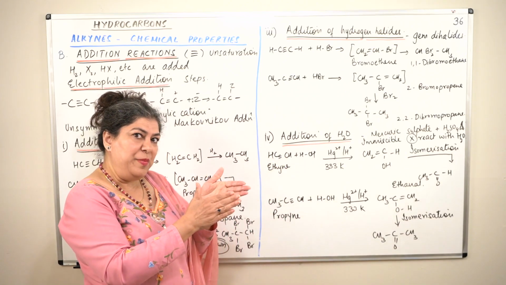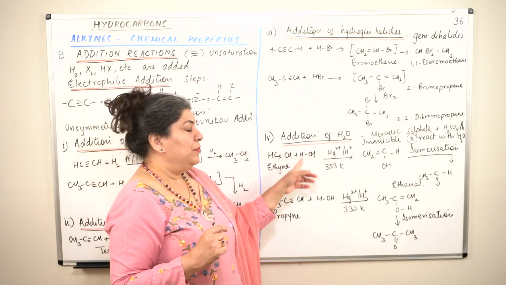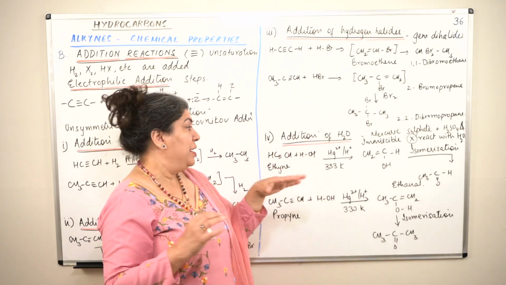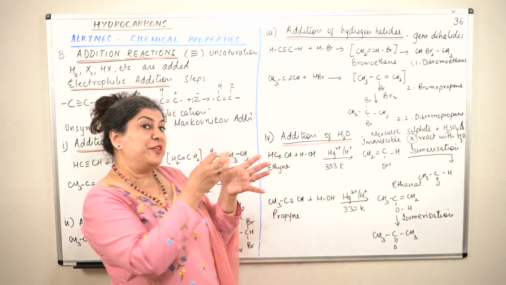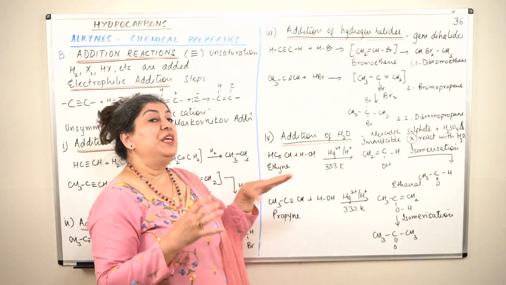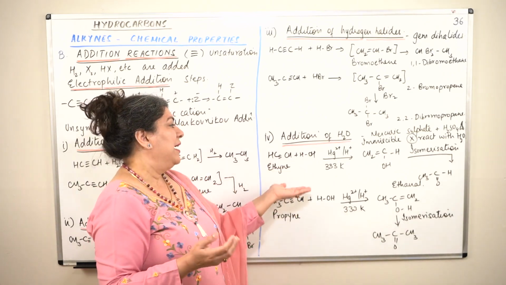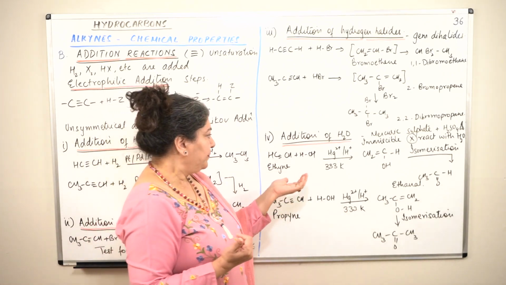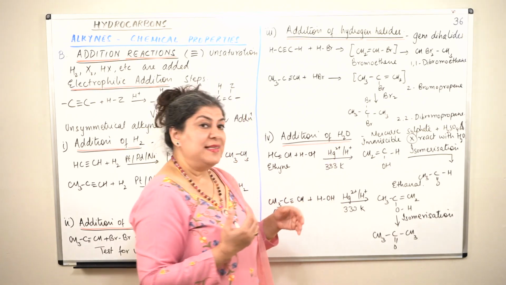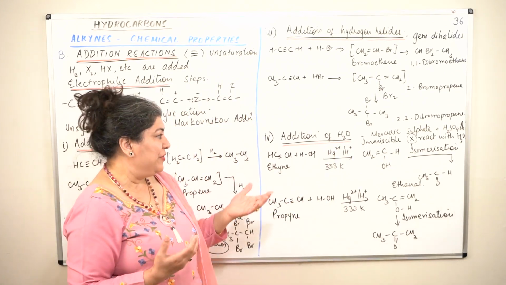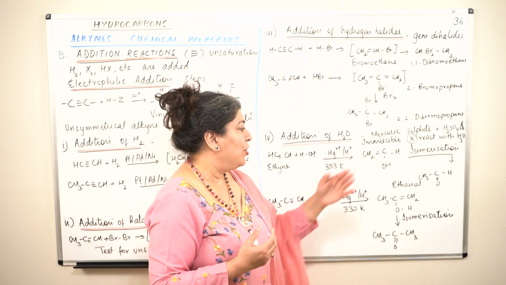So the acidic medium, the water is not very polar, but the acidic medium and the presence of a salt will make water even more polar and kind of promote this reaction. So we use these as a catalyst, the mercuric sulfate and sulfuric acid, and will result in the formation of